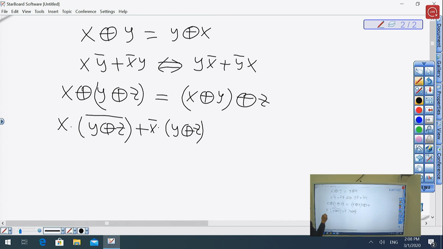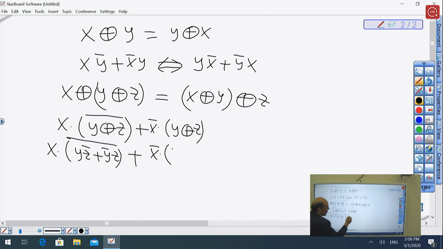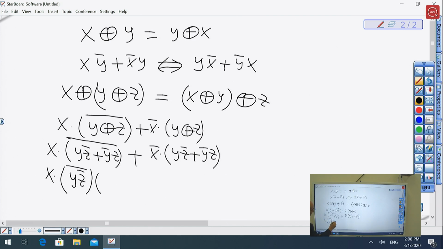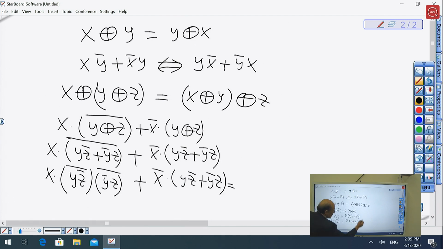And this is X, Y not Z, or not Y Z, or not X, again ANDed with Y not Z, or not Y Z. The complement of this one is again Y not Z or not, ANDed with not Y Z, or the same term Y not Z or not Y Z, equals to